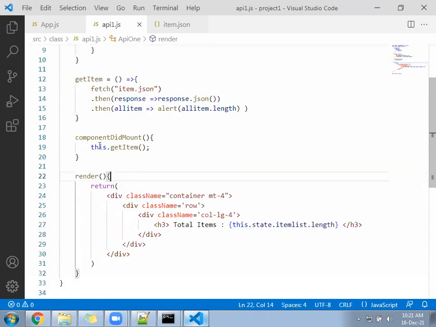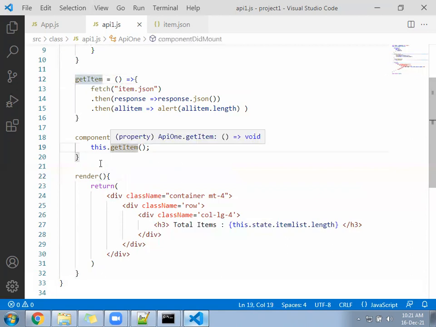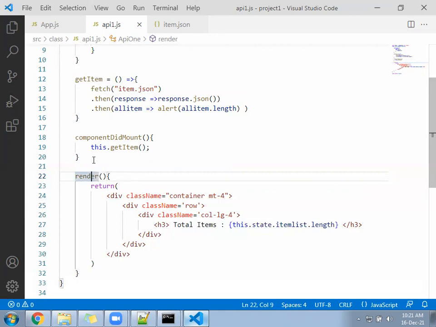After h1, you are getting the alert. So the alert comes from which function? The get item function. Where are you calling get item? Under component did mount. That means component did mount has executed after the render. Correct? Now, component did mount has called the function get item. Get item went to the JSON, brought the data, and after that converted it into the array.